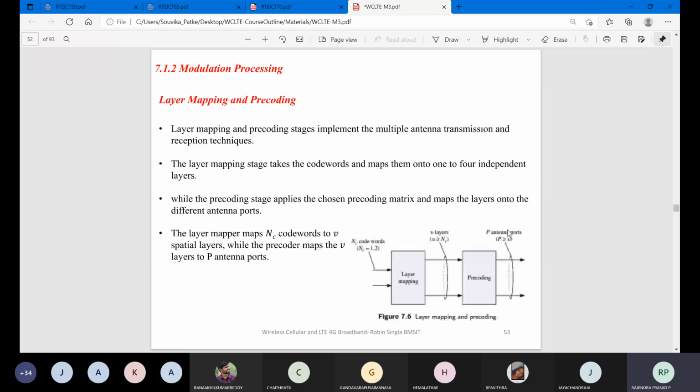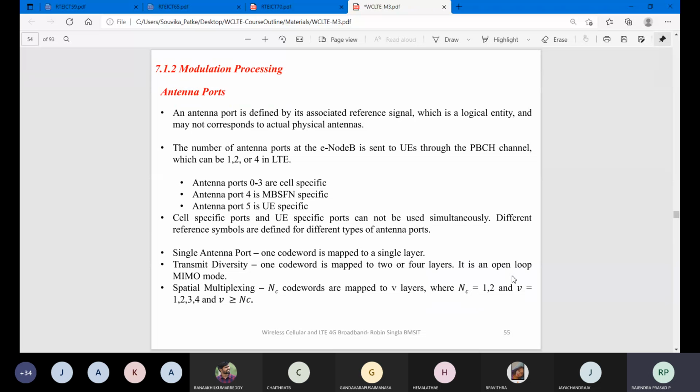Right. So the next part is your antenna part. He is speaking with respect to the code words, with respect to the layers, and with respect to the antenna ports. These antenna ports you can observe are present here. An antenna port is defined by its associated reference signal, which is a logical entity and may not correspond to actual physical antennas.